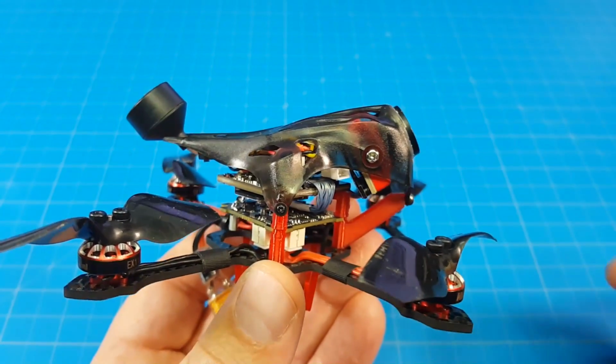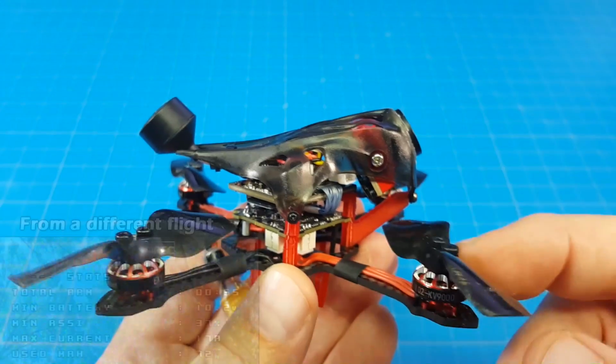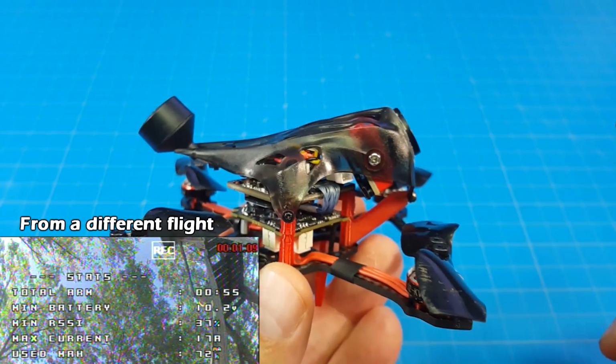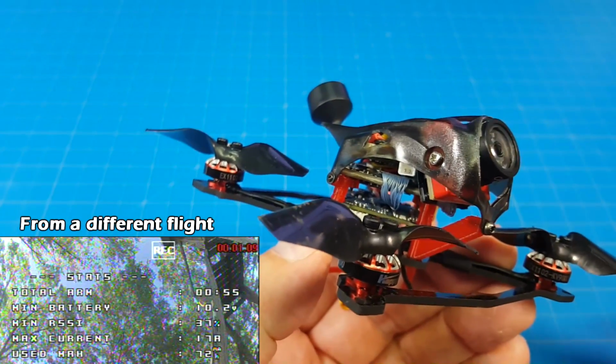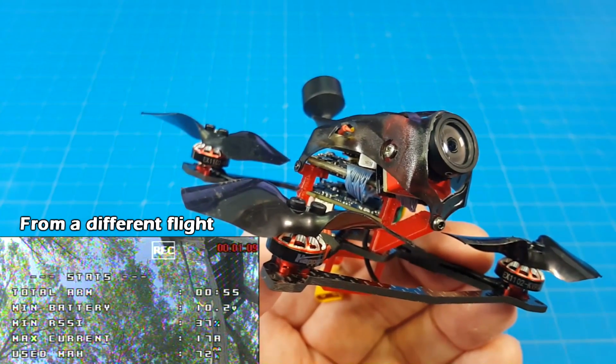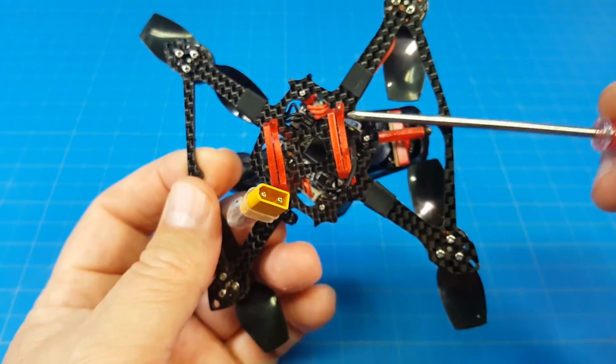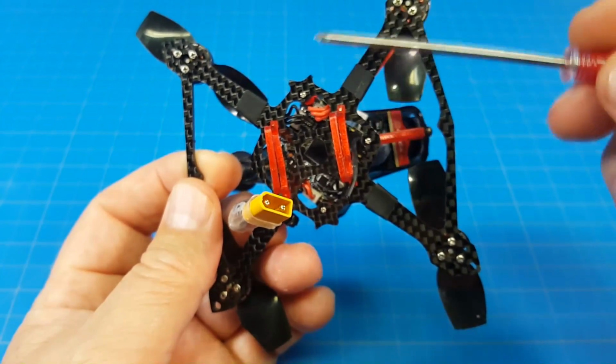Some of you might be interested in knowing about the maximum amp draw with these props on these motors, and I'll put that in a screenshot just over there. Hopefully it's big enough to where you can see it. I didn't do any big punch outs with this particular thing, but just because the flight was so short, you could, if you wanted to, get rid of the battery tray and use, well,